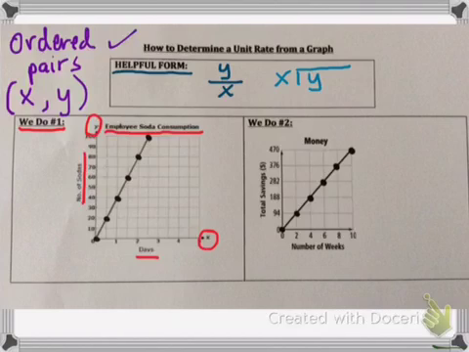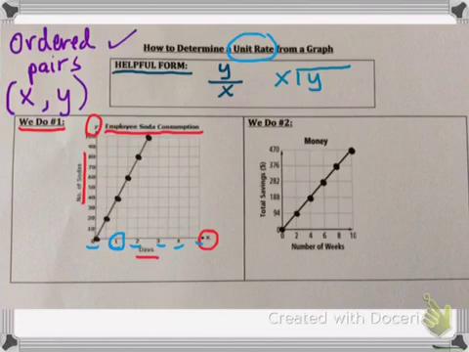So now let's try to determine the unit rate from this graph in number 1. One thing that's helpful to do is look how the x-axis is labeled. 0, 1, 2, 3, 4, 5 underneath that red circle. In this case, it's easy to read this graph to determine the unit rate. And again, remember, unit rate is like one of something. What happens in 1 hour? How far do I get in 1 hour? What's the cost of 1 box of cookies? What's the cost of 1 cupcake? And so on. So in this case, we want to know in 1 day,